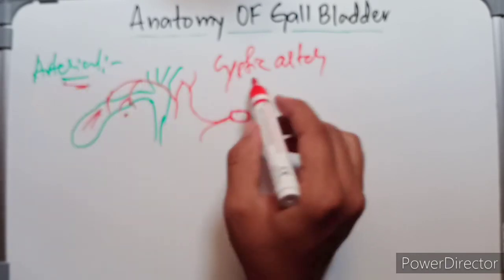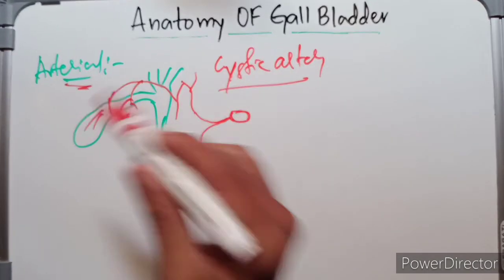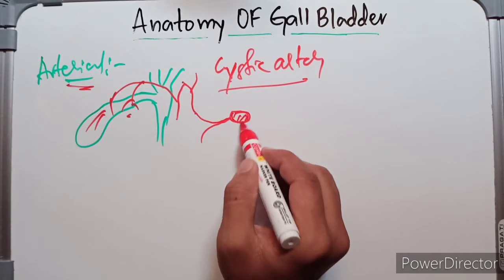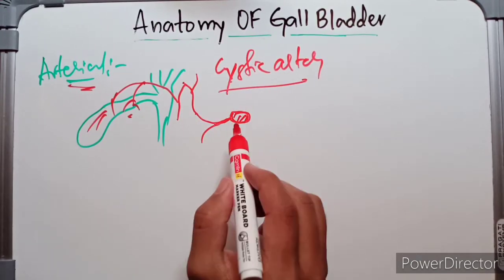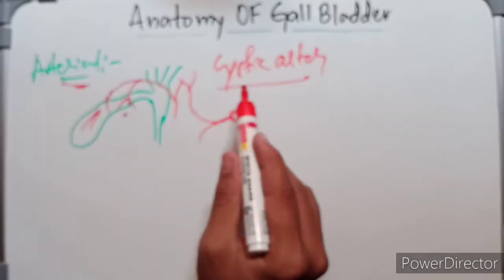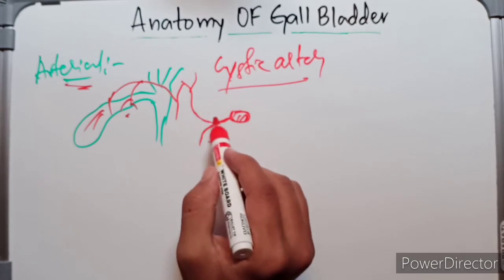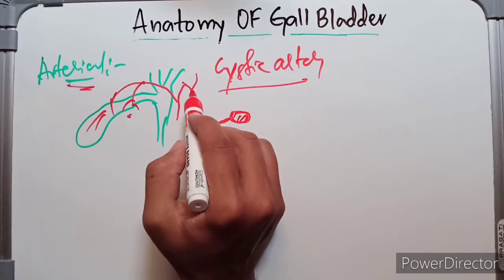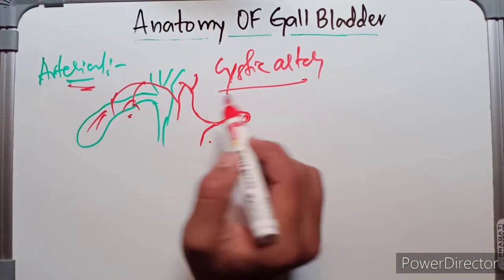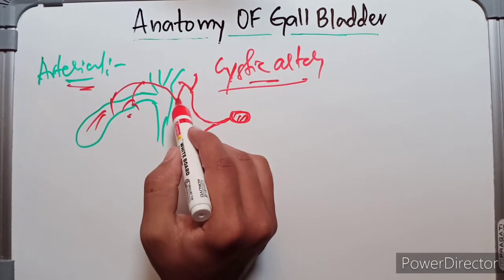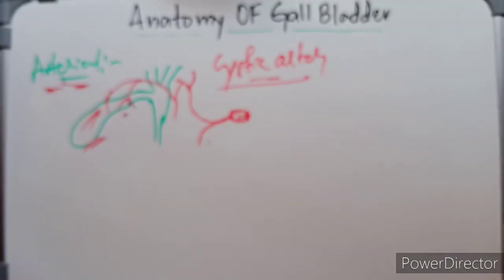So the arterial supply of the gallbladder is by the cystic artery, and the cystic artery is a twig from the right hepatic artery. I am explaining once more. This is the celiac trunk derived from the abdominal aorta. It will give a branch called the common hepatic artery. The common hepatic artery will divide into two branches, the gastroduodenal artery and the hepatic artery. This hepatic artery will divide into the right hepatic artery and the left hepatic artery, and the branch from the right hepatic artery, called the cystic artery, will give its descending branches to the gallbladder, thus supplying the arterial supply of the gallbladder.